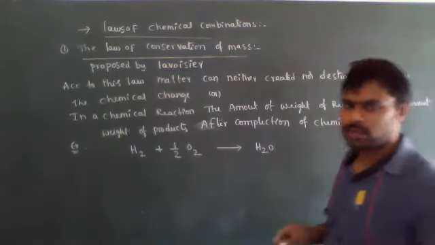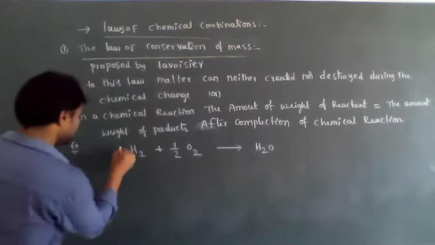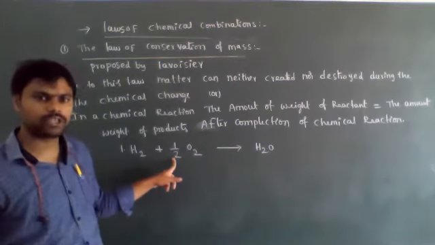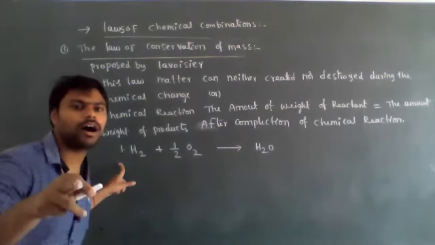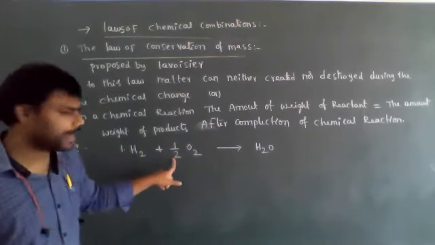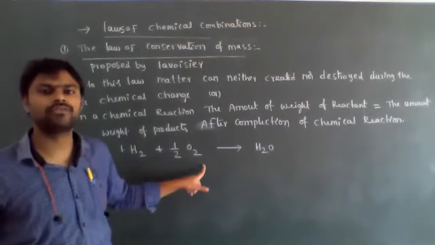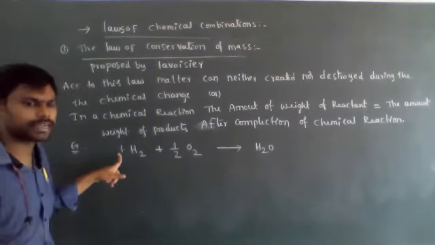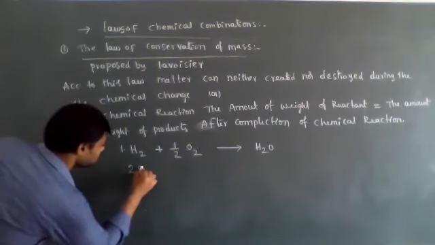For example, hydrogen weight means what, here the stoichiometric coefficient is 1. Here the stoichiometric coefficient is 1 by 2. 1 means 1 mole of H2 we are using. 1 by 2 O2 means 1 by 2 mole of O2. Generally 1 mole of H2 weight, what is its gram molecular weight, means 2 grams of